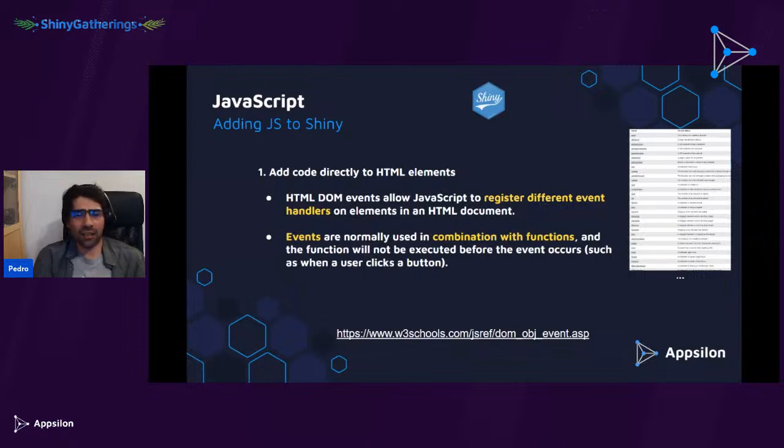And like I mentioned, they combine really well with functions, simply because you can do the event and then invoke the function, and the actual definition just lives somewhere else, typically in a file that was just sourced. If you're more interested, there's the entire list of DOM object events. I'm pretty sure that these slides will be shared later, so don't worry.